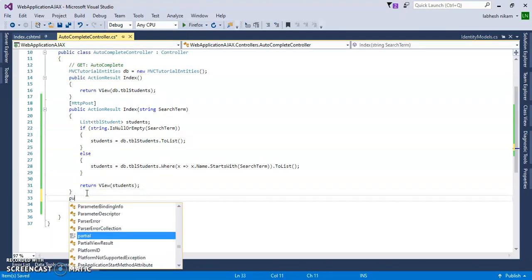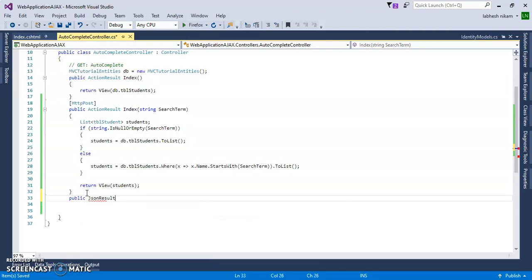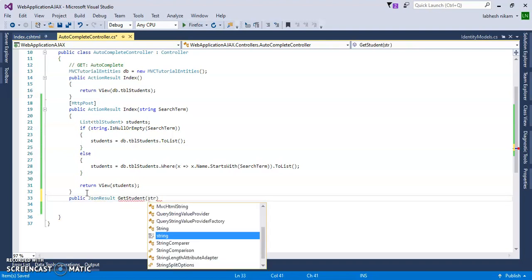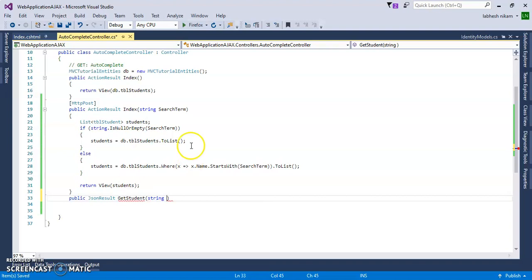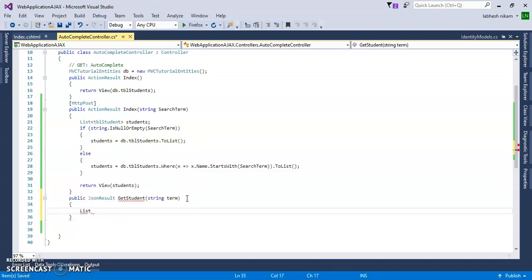Let's use JSON, so public JsonResult, and give it the name GetStudent and search it using the term. Not by this word, by term. So search string by term. This is the autocomplete result keyword, so use that one. Now create a list of the student.